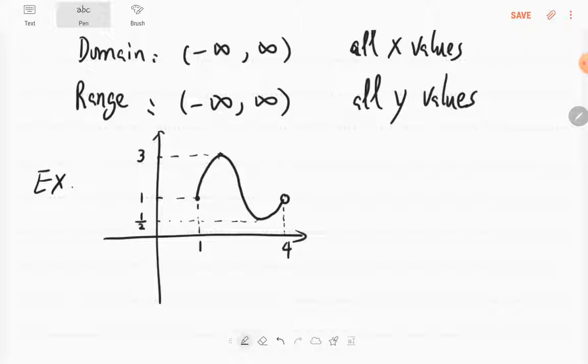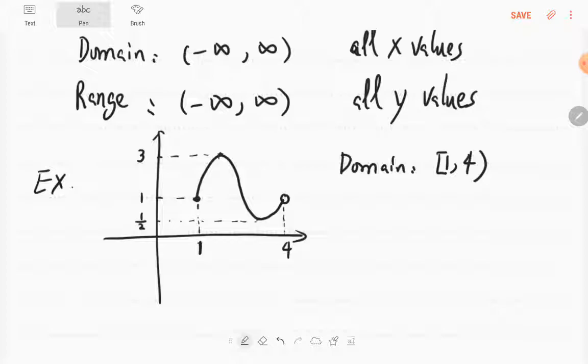So the domain, from the graph, is the x values, because it starts from this point and ends at this point. But here is a solid circle. That means this 1 must be included. And this is a hollow circle. It means this 4 is not included. So the domain, all the x values you can plug in, is from 1 to 4, but 4 is